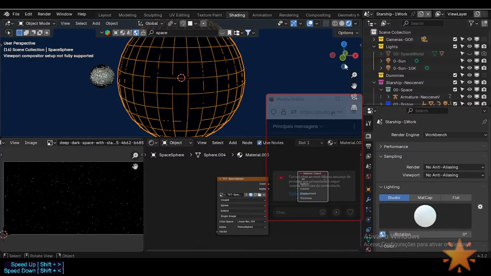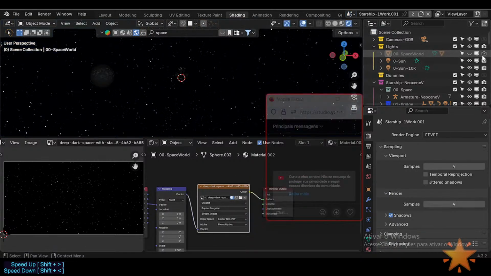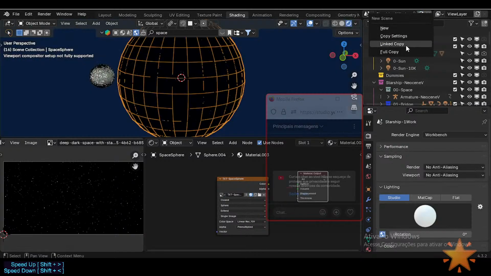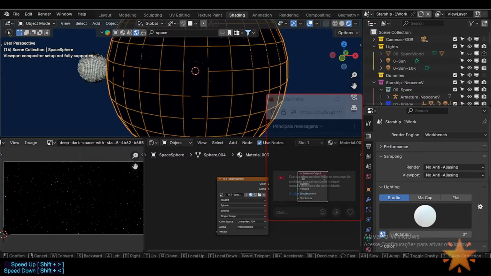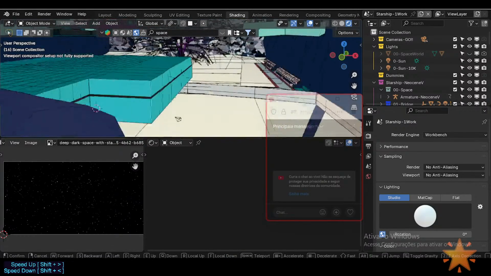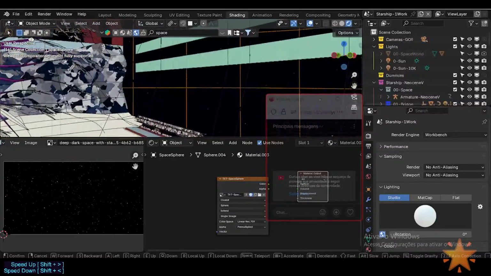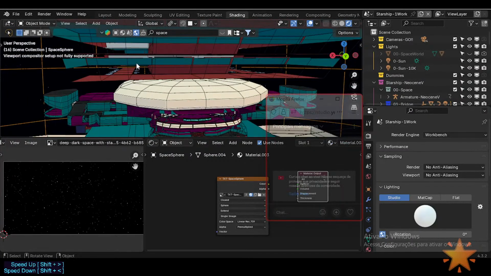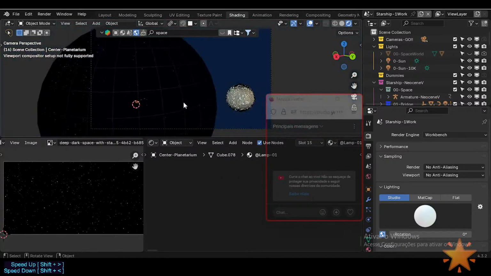Alright, so basically the idea is that I just made this visible but not rendered for the EV. So that means we see it but we don't render it. It's the same here, linked. It's just a linked copy, so that's it. So if I render, I will see the real star from EV, the background, procedural background. So, a demonstration,